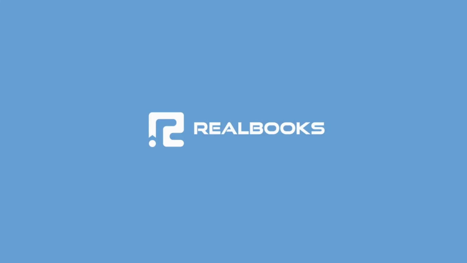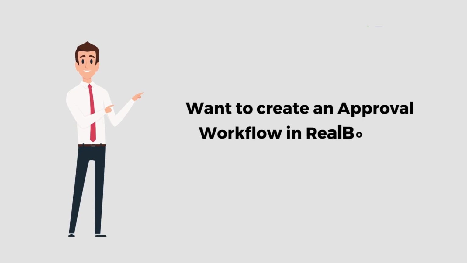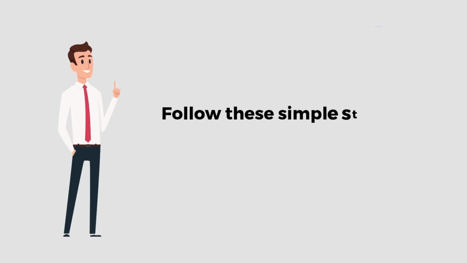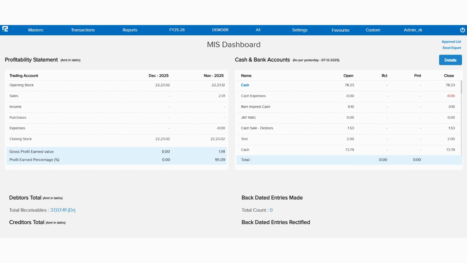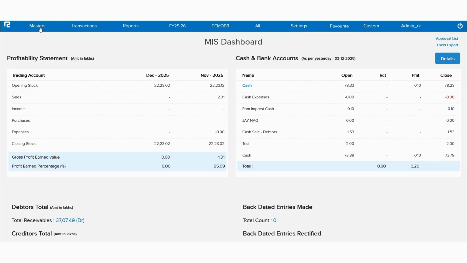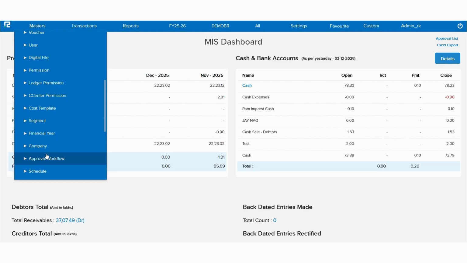Welcome to RealBooks. Want to create an approval workflow in RealBooks? Follow these simple steps. To create an approval workflow in RealBooks, go to Masters, Accounts, Approval Workflow, and click on